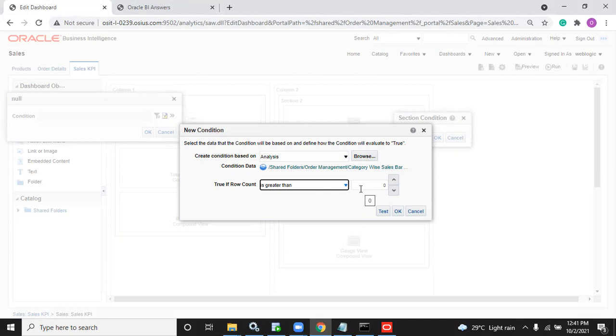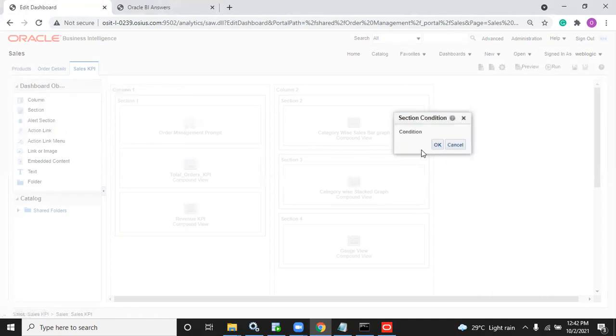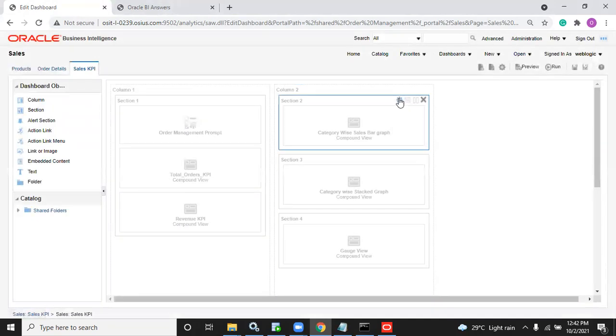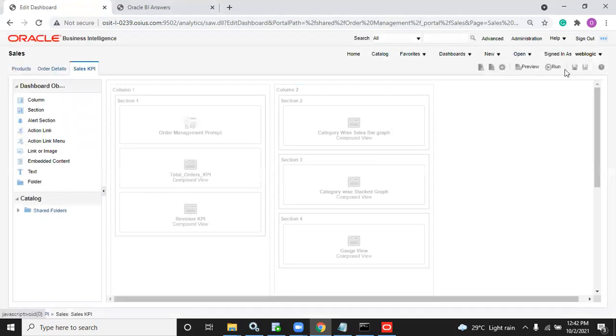When you select a pie chart, then the bar graph will display no data, so that means the result is 0. So I am telling it to display this report only when the result is greater than 0. Clear? So now your condition is this one. Now save this. I have written the condition only for this report.